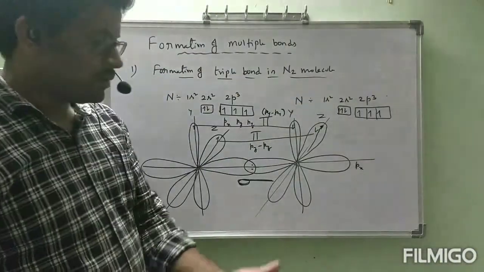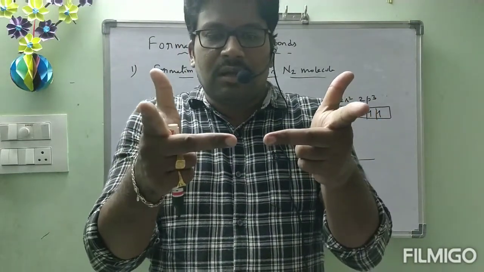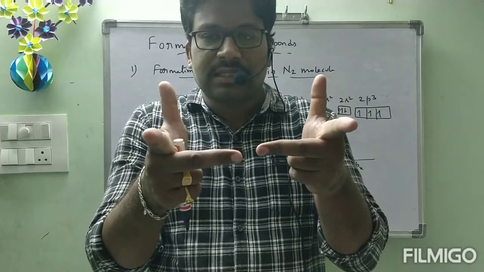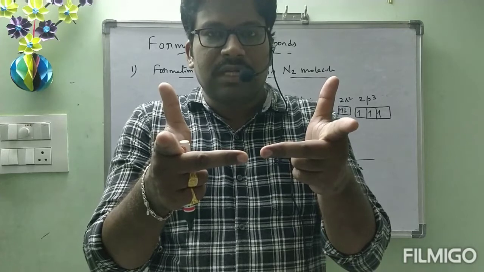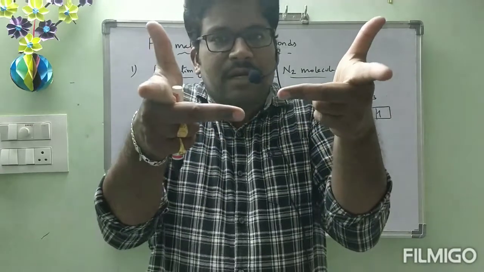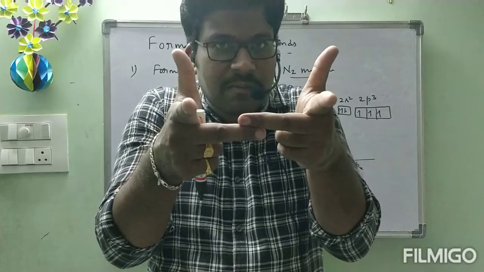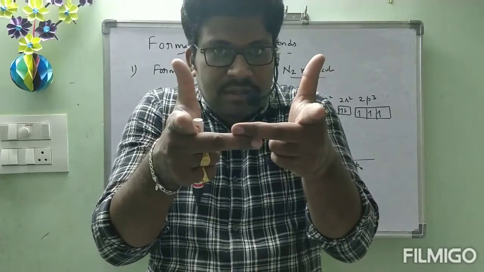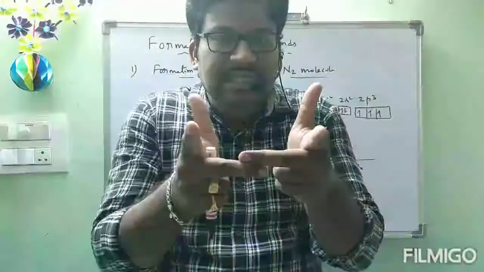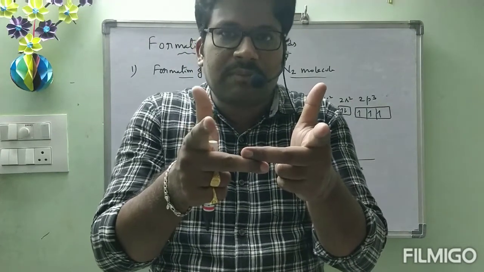Next, with the help of fingers, see here. That middle finger is there, na? Let us think that is along x-axis. This index finger, z-axis. This thumb, y-axis. Imagine this thumb is here. These three are perpendicular to each other only. These two will be involved in complete overlapping, which is formed as sigma bond. At once this sigma bond is formed, there is no chance of here and here to be involved in complete overlapping. You can ask me, sir, what about py? Py can also complete overlapping.